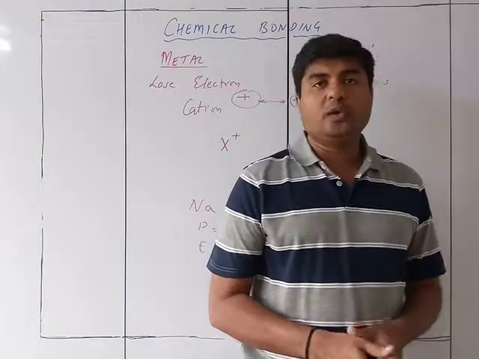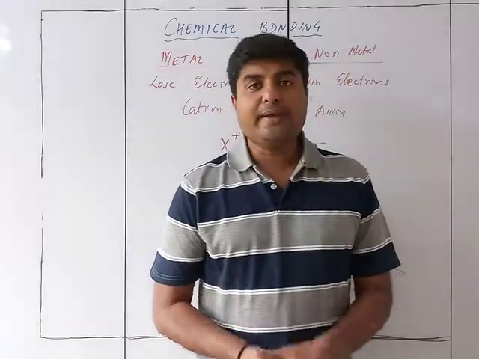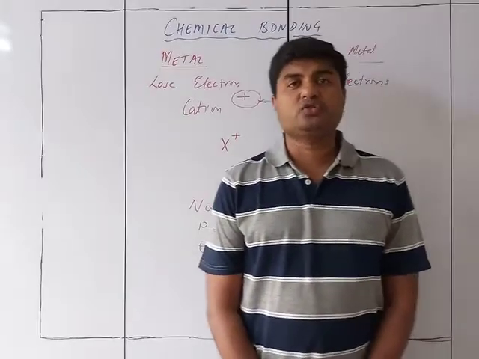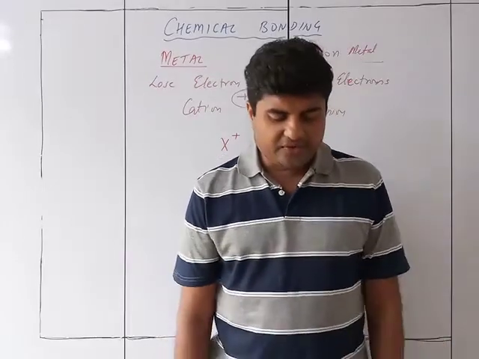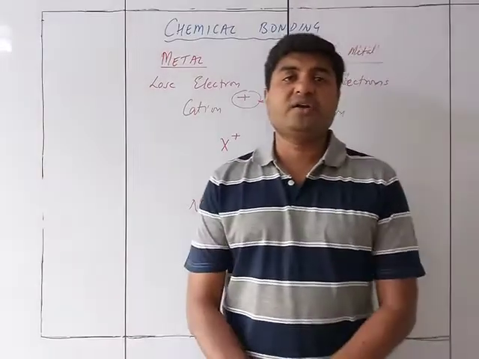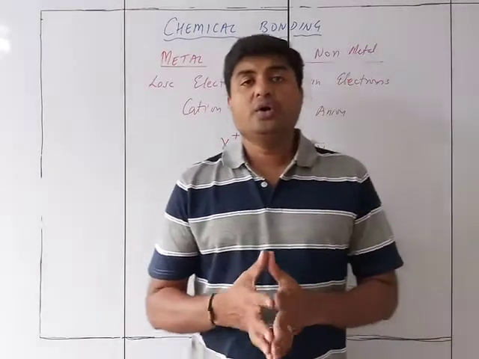Similarly, Cu will be Cu1+ or Cu2+. Mg is 2+ because it is going to give away 2 electrons. So accordingly, we have different formations or different kinds of positive ions. Similarly, we know that the